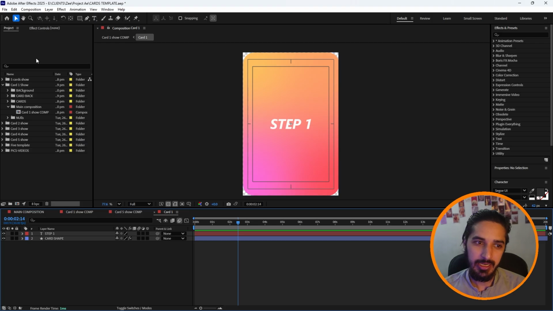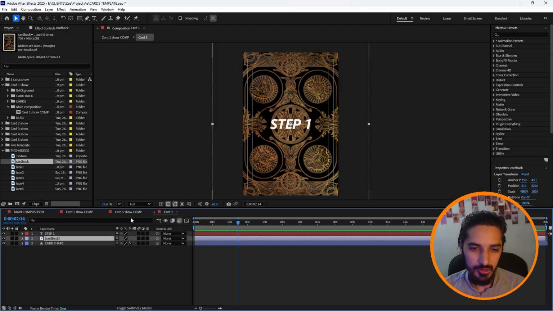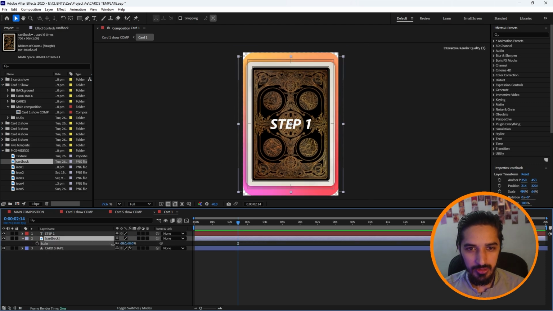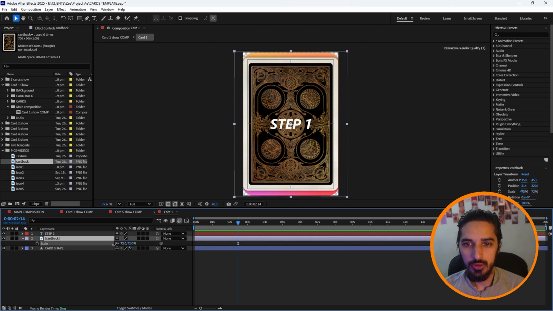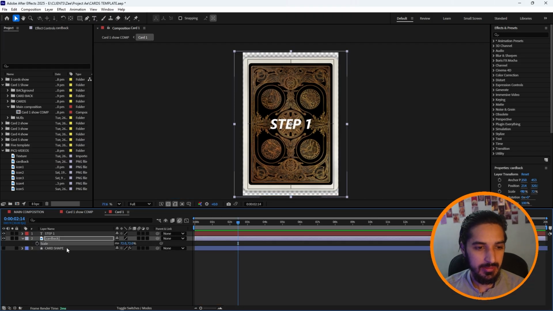Now I want to add a card back texture. I had already downloaded one, so I will use that. I will scale it down. You can see that. If you want to, you can use any picture from here. You can disable this and it will just show up in your card 1. You can see that it's already here, so you can use it that way, or you can just